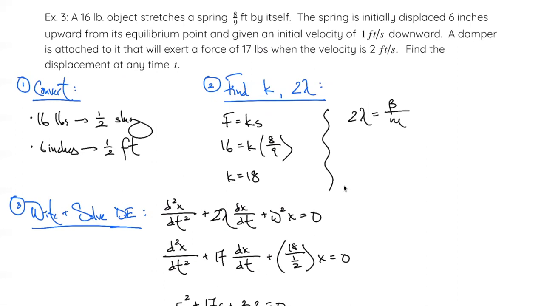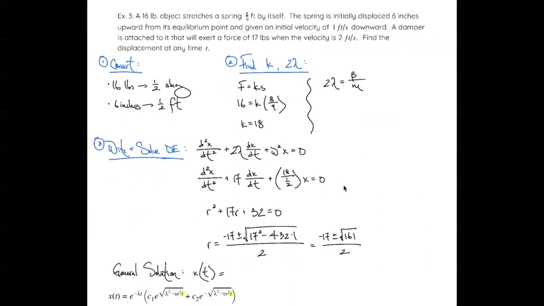Now, where we left was that we had this differential equation, and we were going to solve it using the characteristic equation. We got these roots, and then we were left with what is that general solution. But before we got to that point, we also said, what about this 2 lambda, that beta over m? Did we ever find that? And one thing to keep in mind is that this